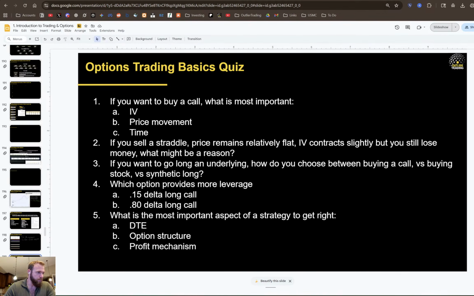I see, shouldn't it be delta? No, it doesn't have to be delta. So price movement is what matters. Delta is just a measurement. I wouldn't get those two confused. Delta tells us the rate of change of premium per point move in the underlying. That isn't the same as what the underlying is actually doing itself. So you can have something that's a 50 delta, or something that has some sort of delta, but that doesn't mean that the underlying moves. Now I understand the inference that you're making, but it's a little bit different.